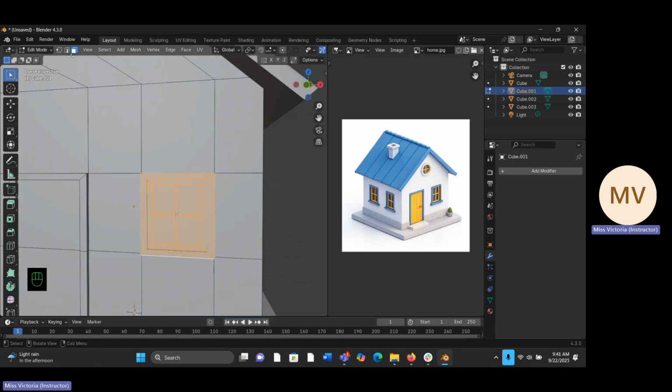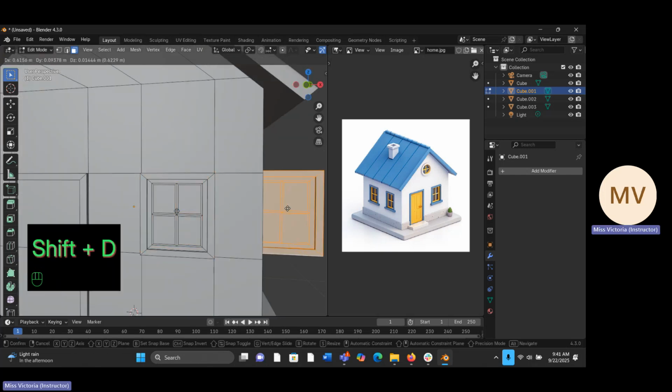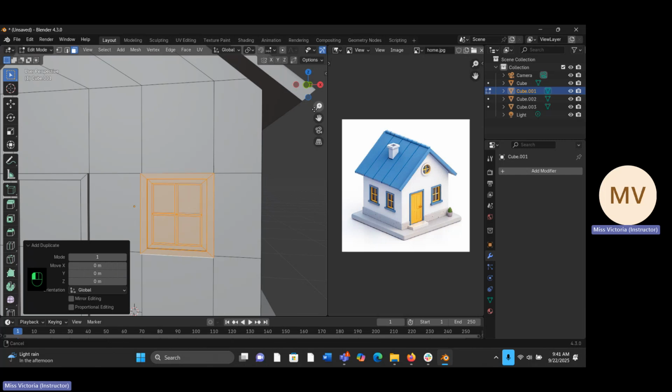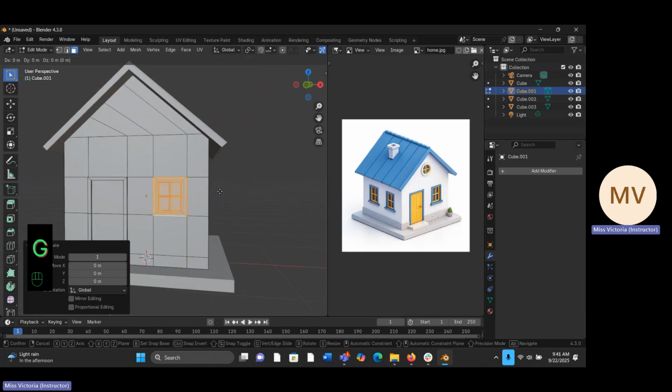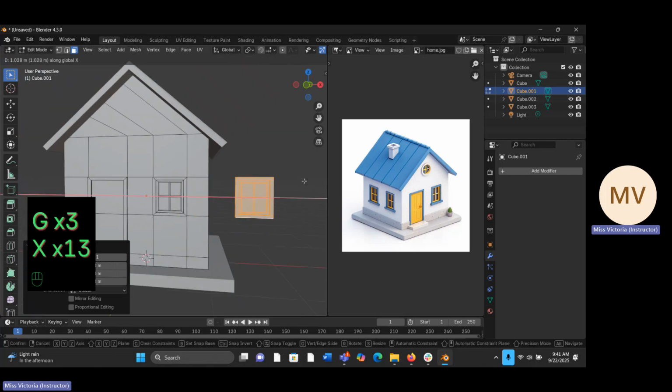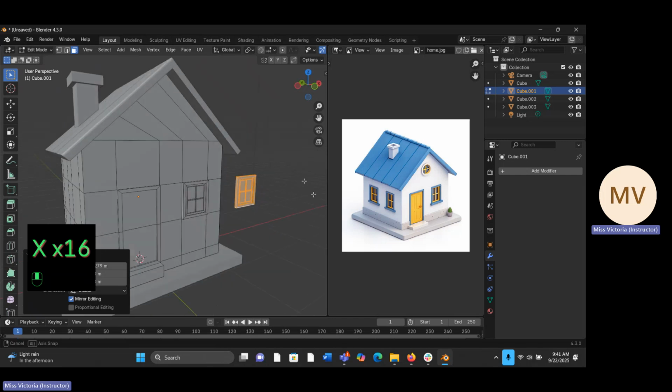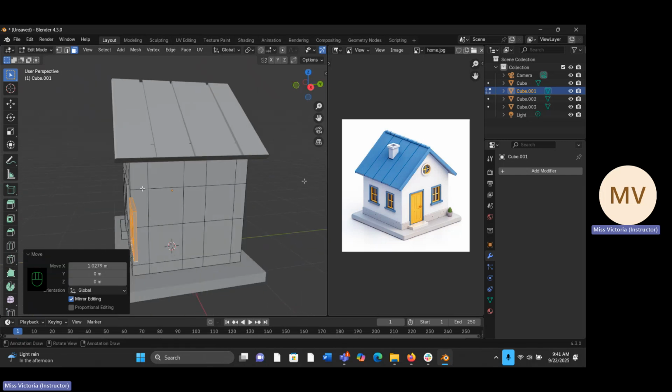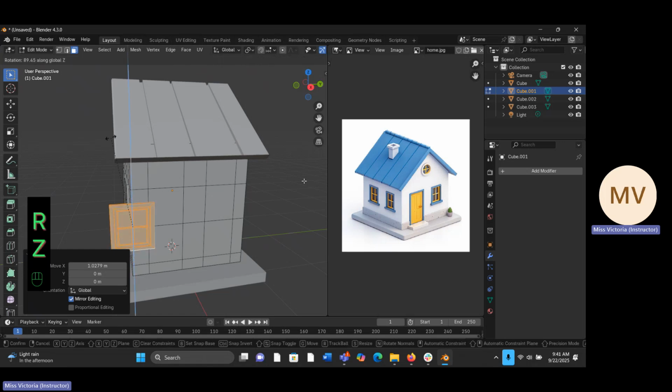Done that, then Shift D to duplicate. So I've duplicated it. G of X to bring this out, and I want to take this window to the side of what I'm working with. So let me put it first on this side, since I already mapped out where the window is going to be. So R Z to rotate this, then 90